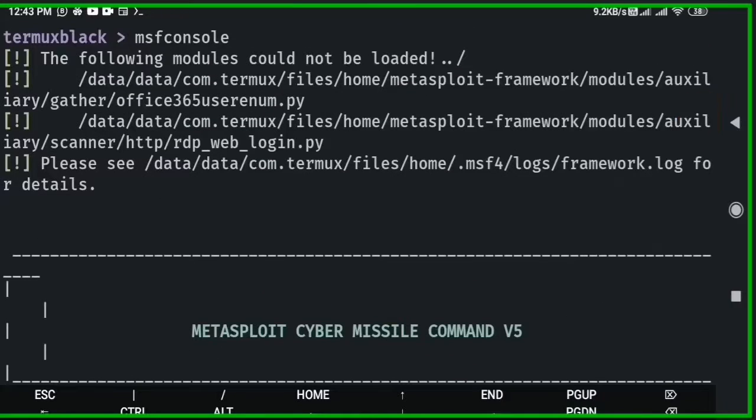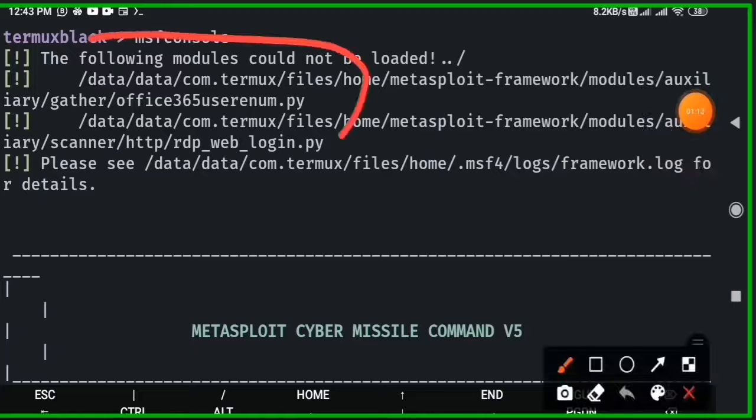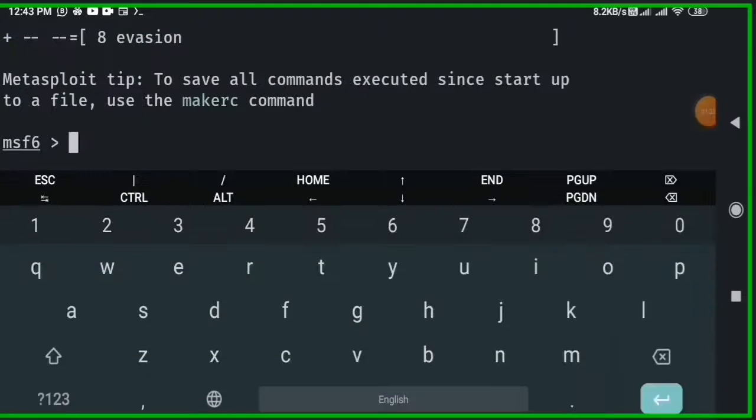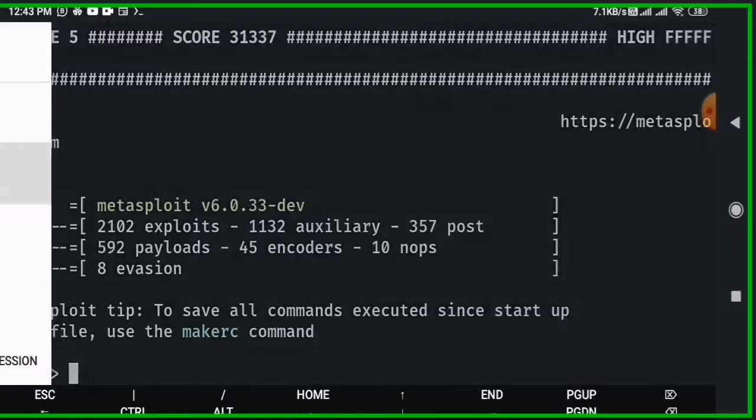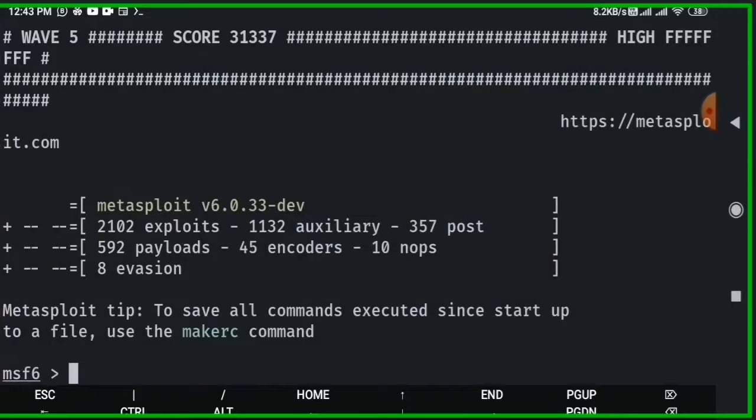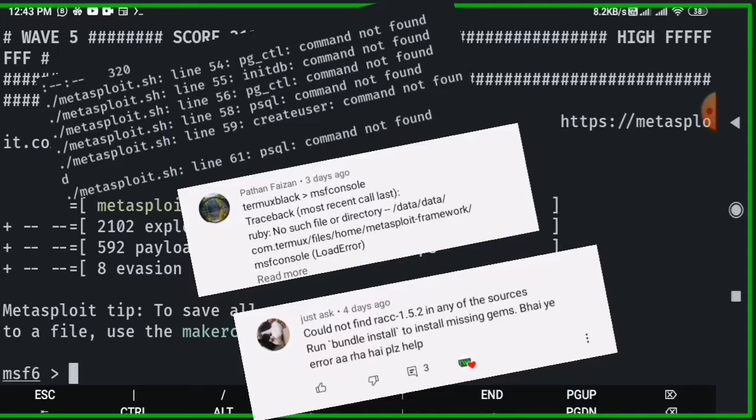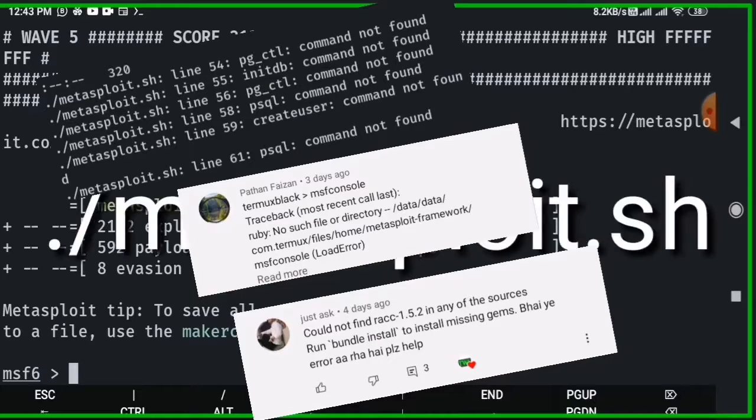First of all, this is not a problem, so don't worry. If you face any problem after the ./metasploit.sh command, like your msfconsole command not working, how to solve it? Again run this command ./metasploit.sh.